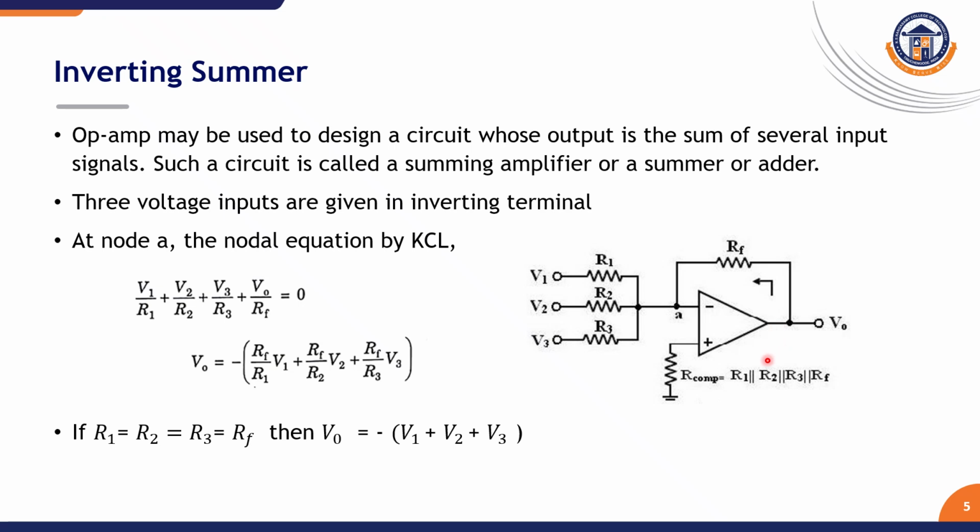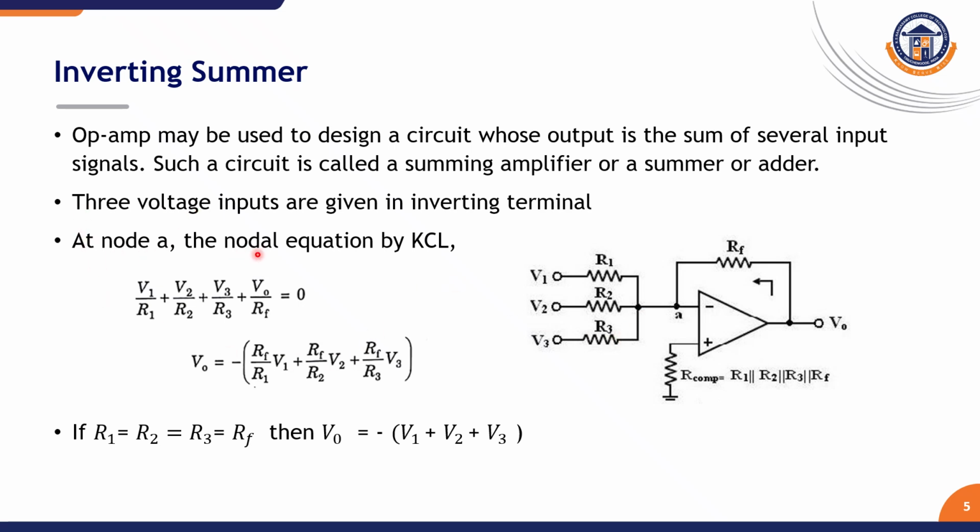This op-amp is the ideal one. So the open loop gain of this op-amp is infinite and the input resistance is also infinite. Since the current flowing through the terminal, the input bias current, is assumed to be 0, the voltage drop across the op-amp resistance is 0 and the non-inverting terminal is grounded. The voltage at node A is 0, since the non-inverting terminal is at ground potential.